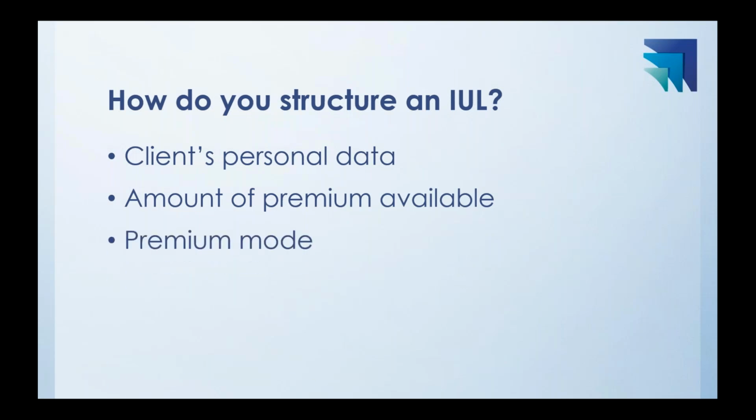Let's say they want to pay monthly, and you have a client that wants to pay about $200 a month. That's fine. We can put that in, and what we're going to solve for is what's called minimum death benefit, maximum cash value. The system will find the smallest death benefit possible to allow all of that client's premium to go into that plan and keep building cash value, and also the death benefit will keep growing to stay within those MEC guidelines so that they don't have a taxable event when they go to take their money out. We also need to know how long they want to pay for.